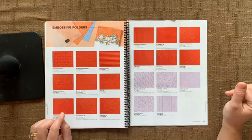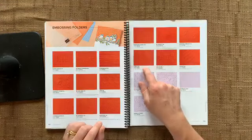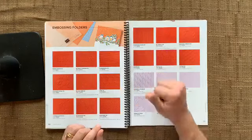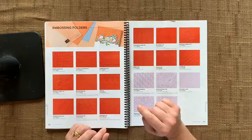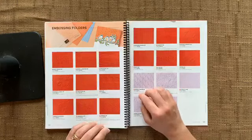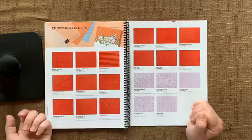Just make shopping it. So sometimes they were, especially the subtle one. I remember the last catalog, it was so hard to see the detail on it, but this one I can definitely see what it looks like. No problem there. Keep in mind that right now, any of the 3D embossing folders that carried over,